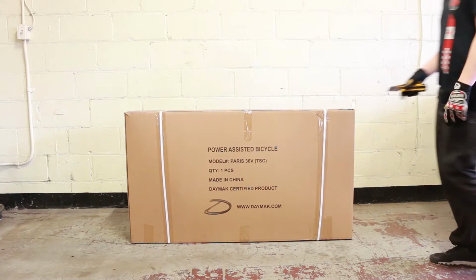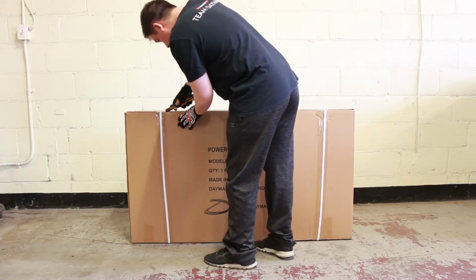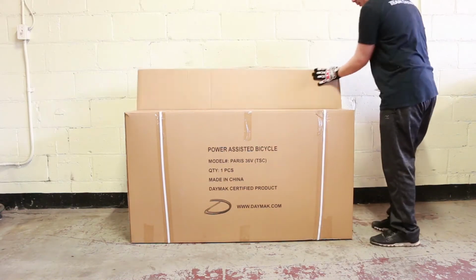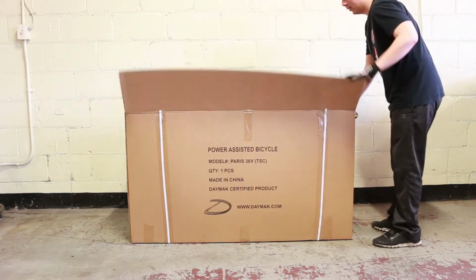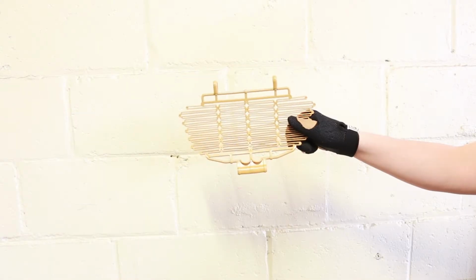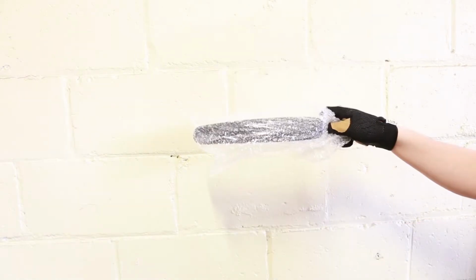Today, we'll be taking a look at how to assemble the Paris 36-volt e-bike. Using a box cutter or scissors, cut the straps and tape on the top of the box. Open the box, and inside you'll find one basket cover, one Daymak hat, one bicycle seat, one mud flap, one